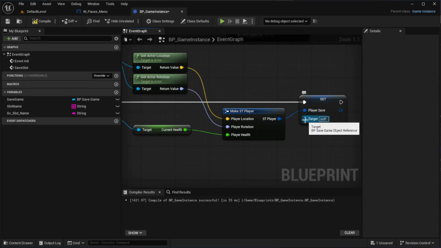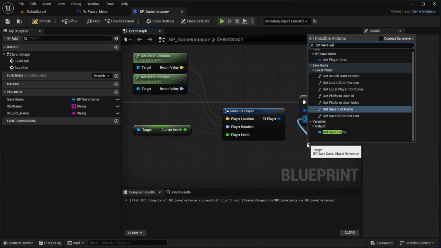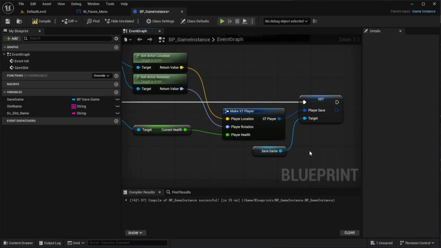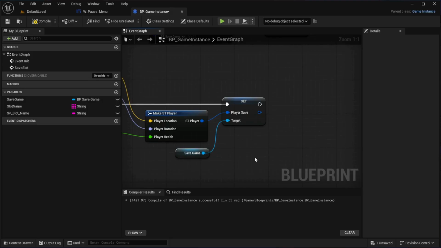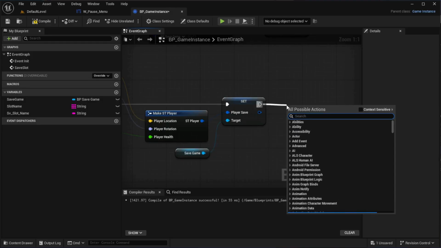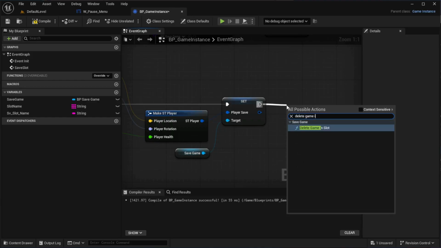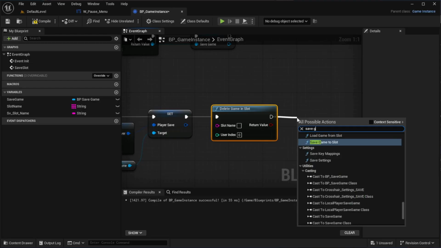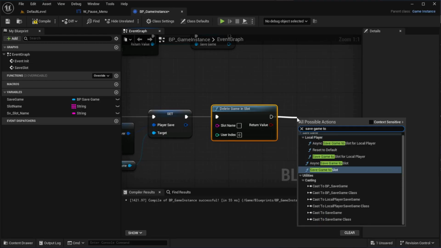And for the target, search for Get Save Game, and then from the player save, pull out a string and add delete game in slot, and then also from the output of that, add save game to slot,